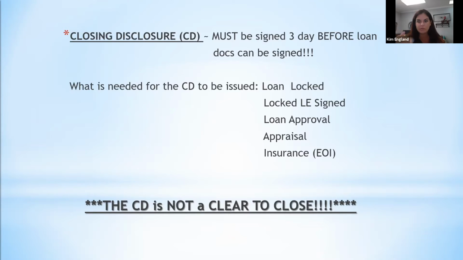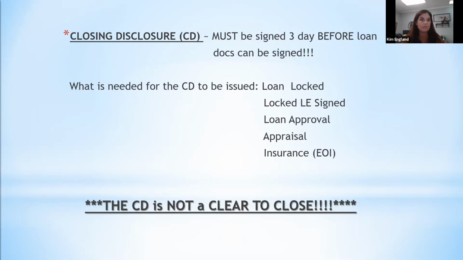We'll always tell you what that translates into as far as where that can put your potential close of escrow. But it's 3 days. Once the closing disclosure is signed, it's 3 days from then. So if you have a lender telling you the closing disclosure is not out, but we're going to close on Friday, it's not the case. It's not going to happen because you have to sign it. You've got your 3 days and then loan docs can be signed.